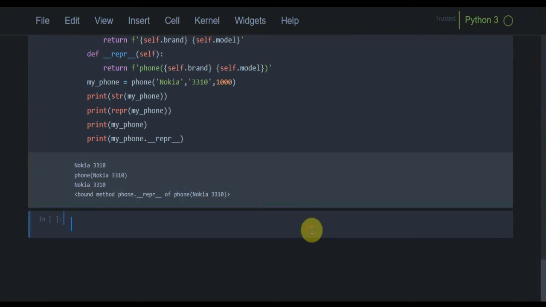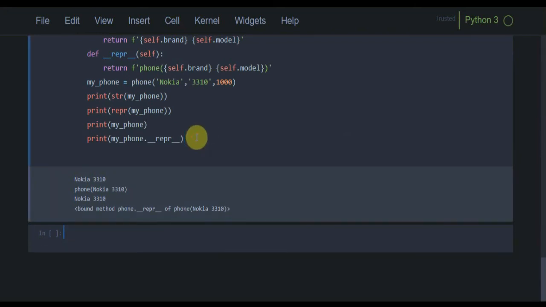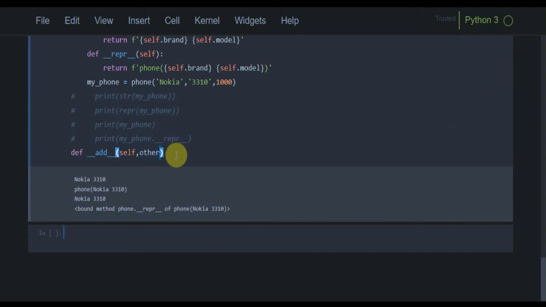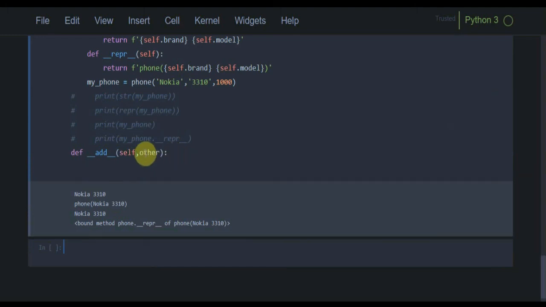So basically it is to overload, to add or subtract, or perform any operation between the two objects. So let's take an example. If I comment all this code, right here let's take the example of addition. It takes two arguments, the self and the other argument, and then I can directly return here